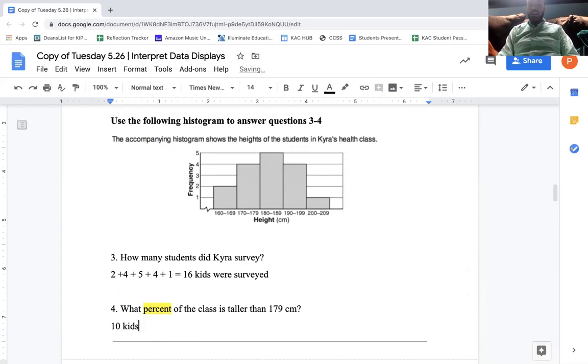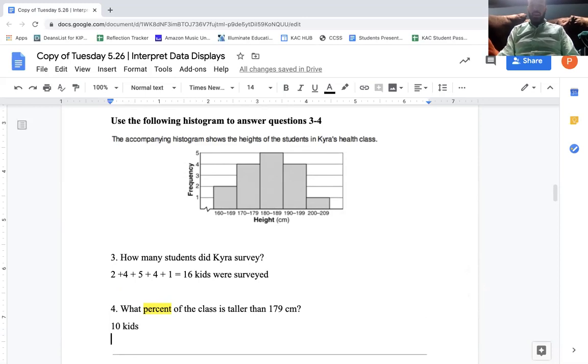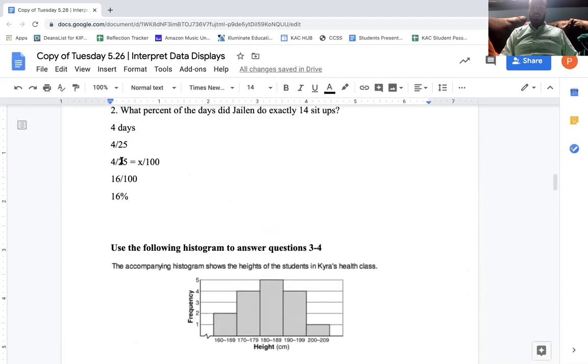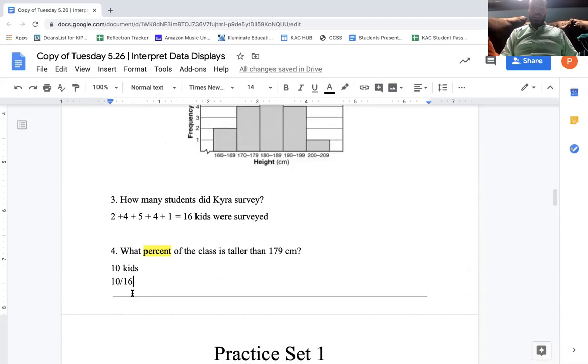But again, it's not asking me how many kids are taller than 179. It asks what percent of kids are taller than 179. So that's 10 out of 16. Above, I was able to put 25 equal to 100. 16 does not go into 100. So my other option is I can divide, which is always the easier way because you're always going to get it right. I'm going to take out my calculator and I'm going to divide 10